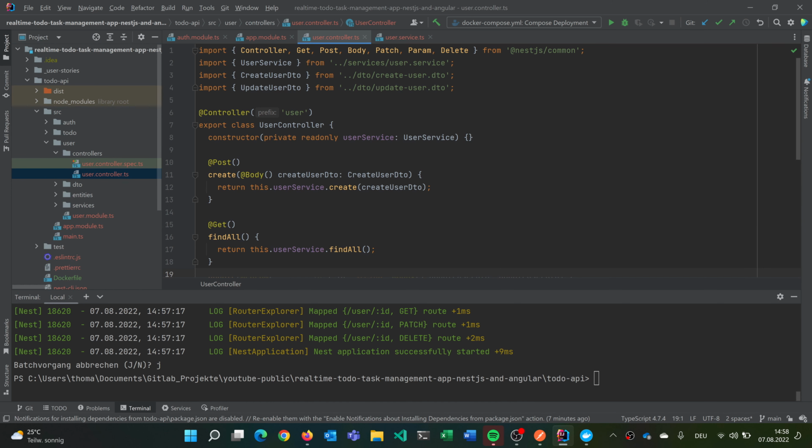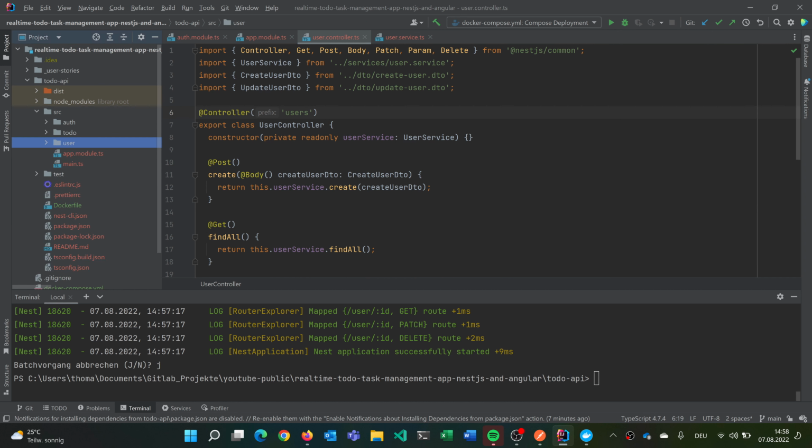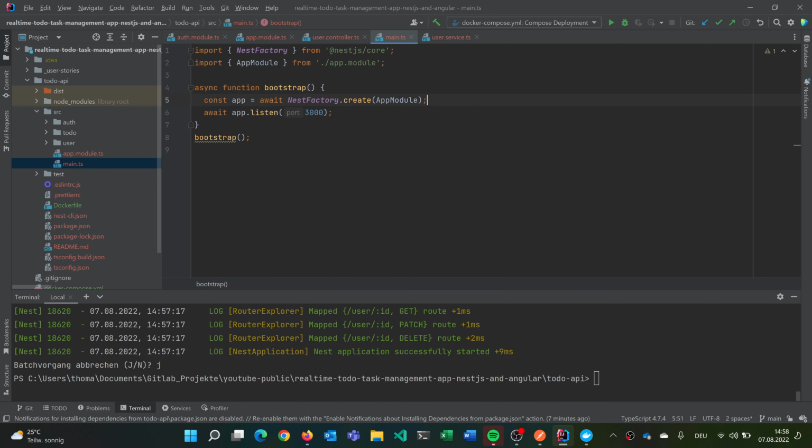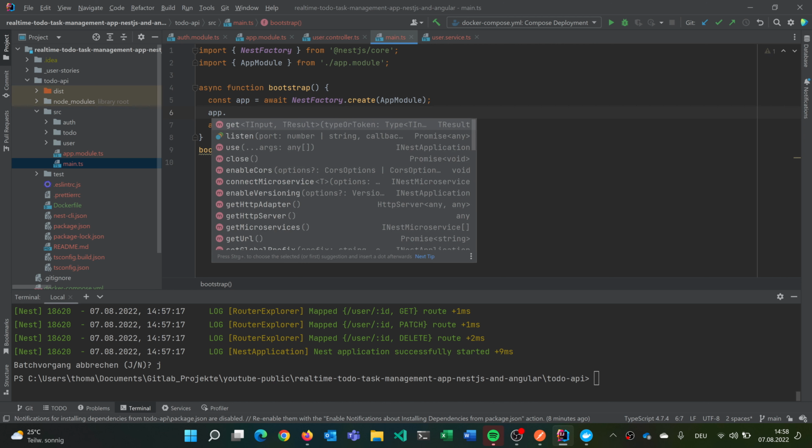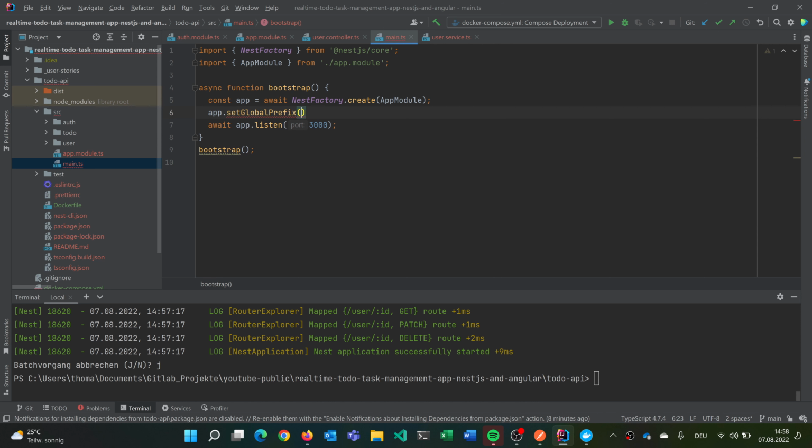So what I don't like is that normally this path should be plural, so I will update the prefix to users, and I also want to have everything from our backend under /api. So what I can do is say here in my main.ts file, we can use our NestJS application, and we can set a global prefix. So we set a global prefix, and this should just be api. And when I now spin up my application,